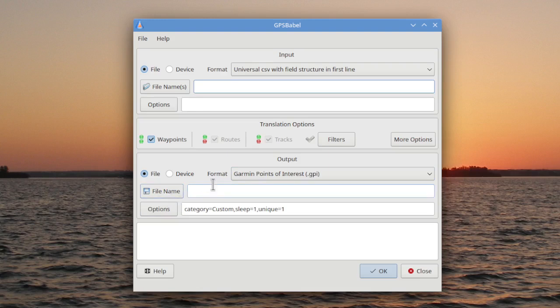So you click the button and you can plop it on the desktop. You can plop it in a different folder. It doesn't matter where you write it to, as long as you know where it is. So you click that, choose a folder if you want to, and then you name the file, instead of .csv, .gpi, Garmin Points of Interest, GPI. For options,